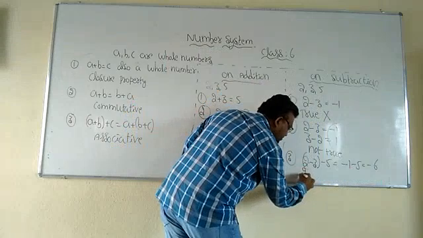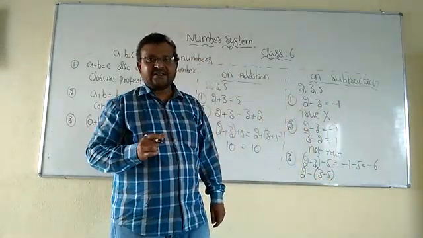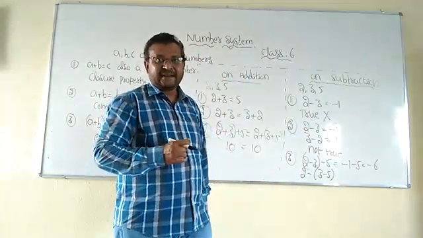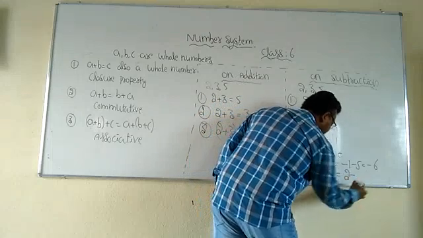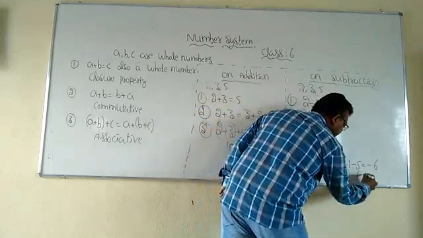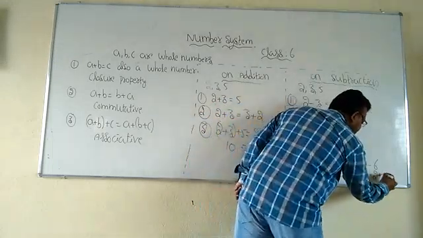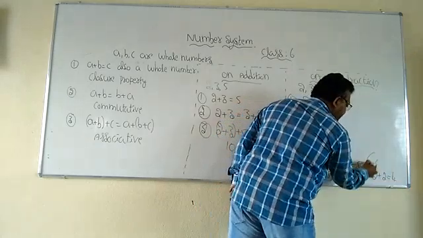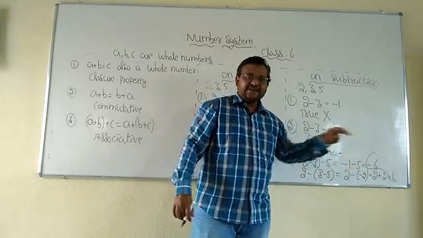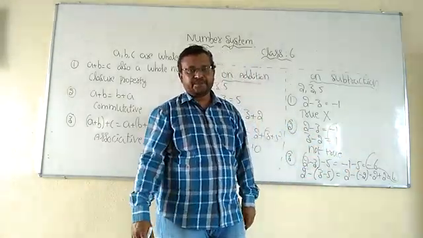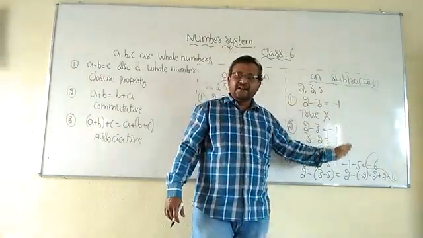And now 2 minus 3 minus 5. Now the last two I am subtracting, then after that from the first one we will subtract the last result. That means 3 minus 5 means minus 2, so 2 minus minus 2 means plus 2 is equal to 4. Minus 6 and 4 I am getting. Both are the same? No. So under subtraction, this property is not true.